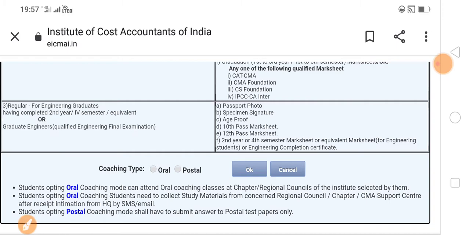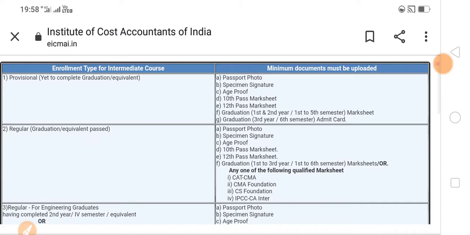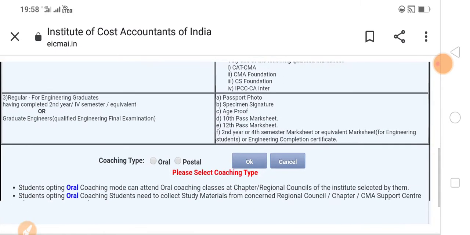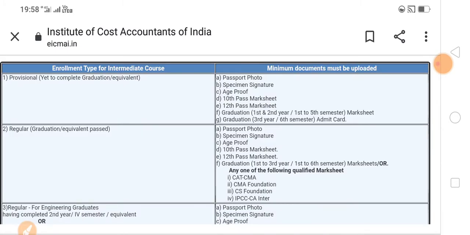And click oral or postal. We already know oral is regular coaching, and the procedure is the same as for foundation. Please select here.